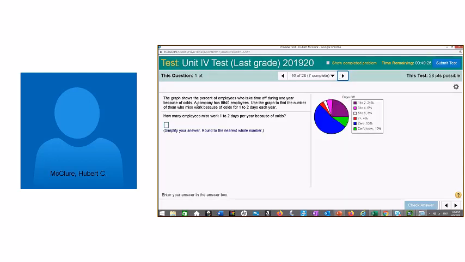The graph shows the percent of employees who take time off during the year because of colds. A company that has 8840 employees. Use the graph to find who missed 1 to 2 days of work. 1 to 2 days of work